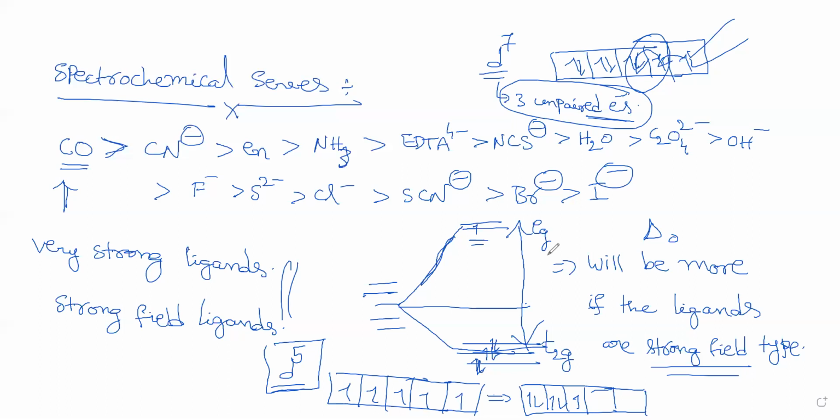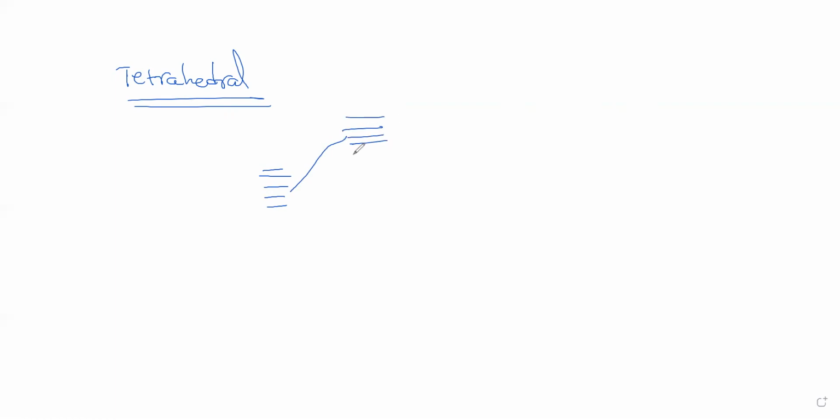The next is tetrahedral complexes. Tetrahedral complexes, this situation is entirely reverse of octahedral. It is reverse of the octahedral complexes. So these are 5d orbitals, and again they are lifted to some energy. Here, what you have to remember is ligands approach